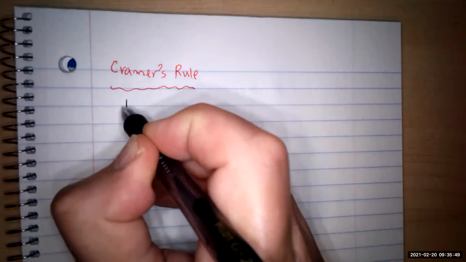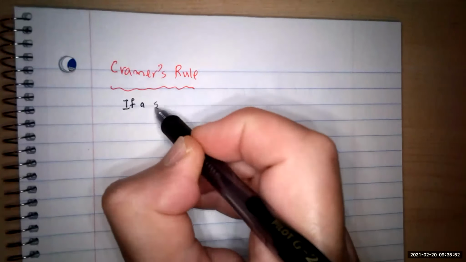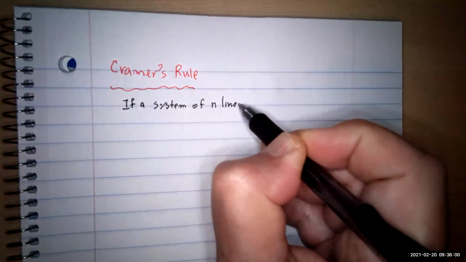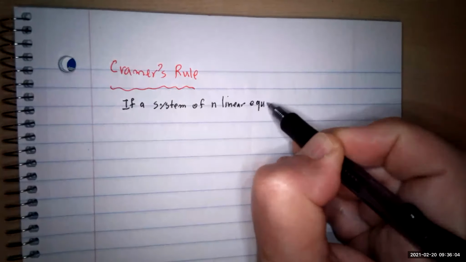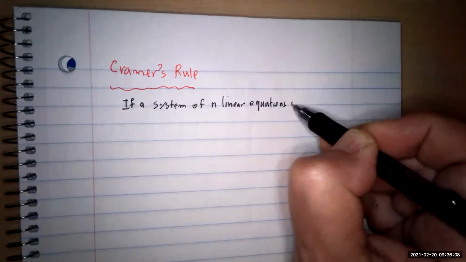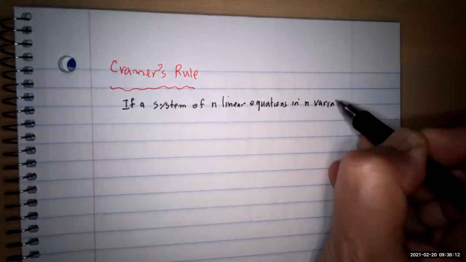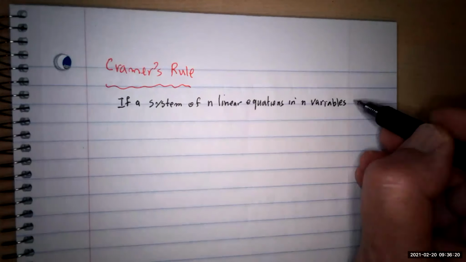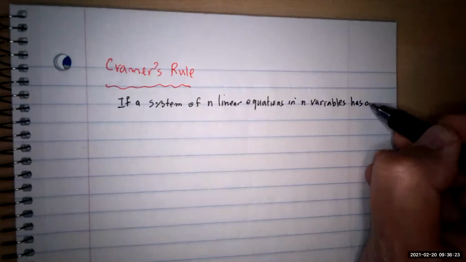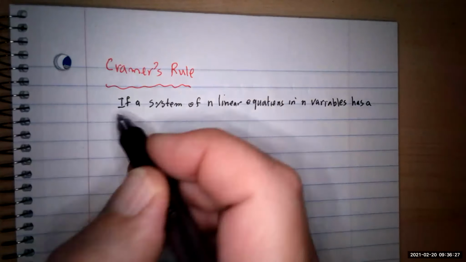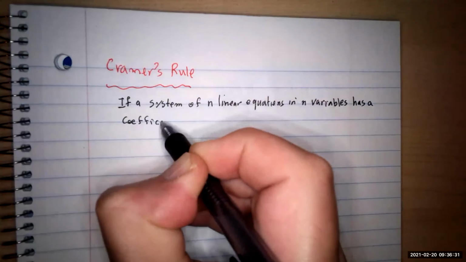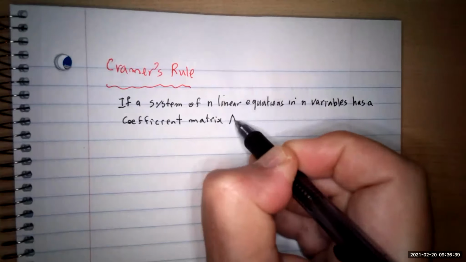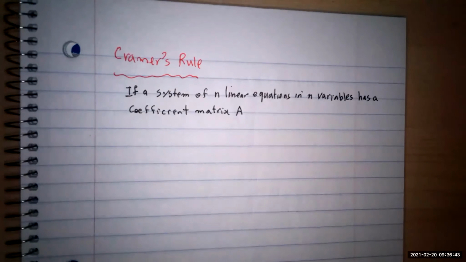Okay, if a system of n linear equations in n variables, the coefficient matrix must be square for this method, has a coefficient matrix A. So A is going to be the coefficient matrix of the system, such that